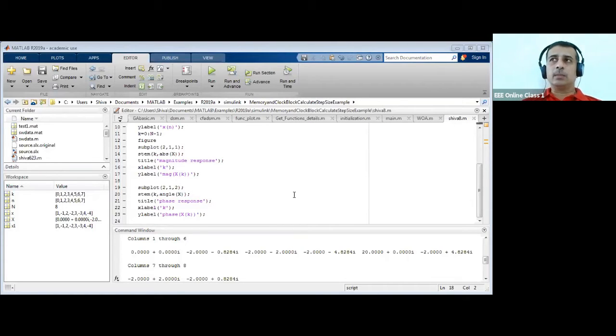If it is radix 2, that is decimation in time by 2, and we will be finding the flow graph or algorithm where the computation will be in the form of 2 to the power of r. If you are taking N equal to 8, I am representing 8 as 2 to the power of r, that is 2 to the power of 3. So that is nothing but 3 stages of decimation will be there.